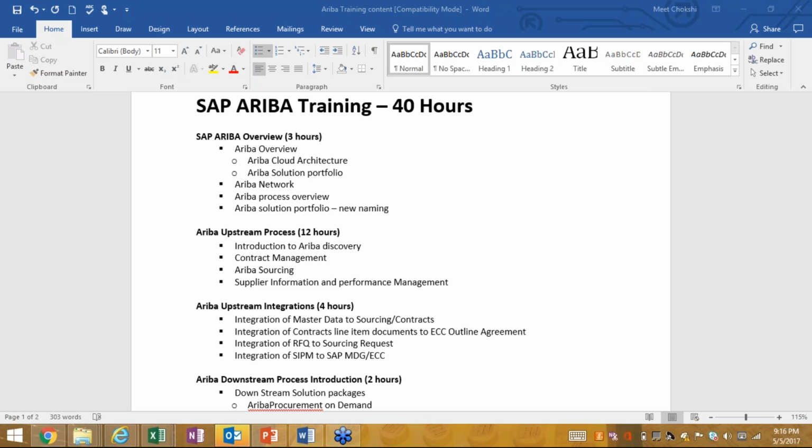So it has a lot of features and modules. That said, we will start with the Ariba overview and what cloud is. Ariba has recently changed the naming convention. Earlier it was upstream and downstream, but now we don't call them that, and it has a different naming convention.